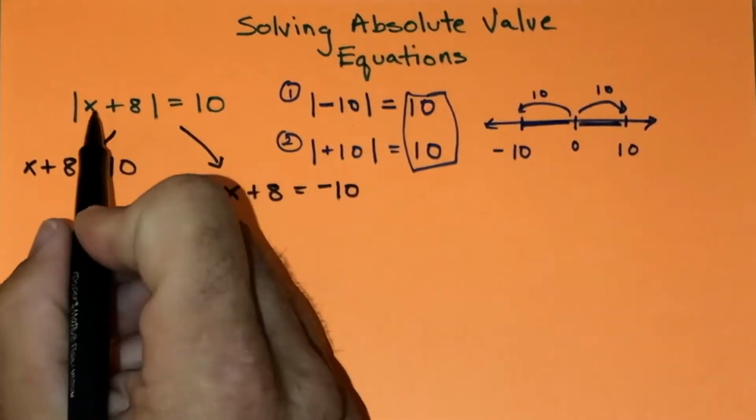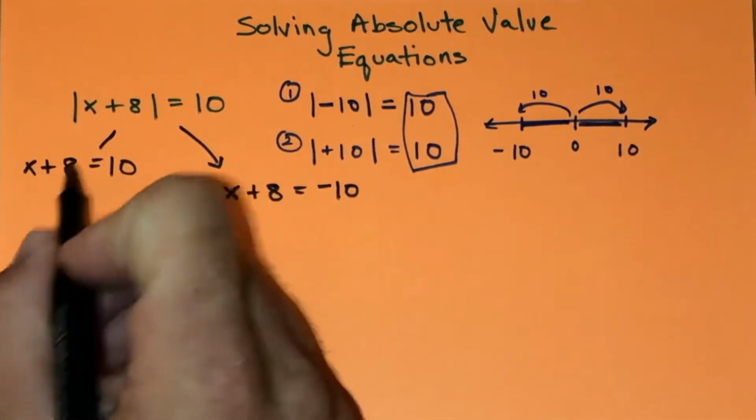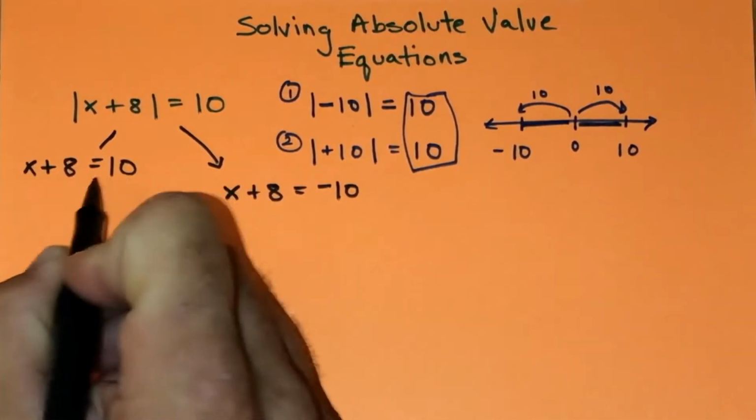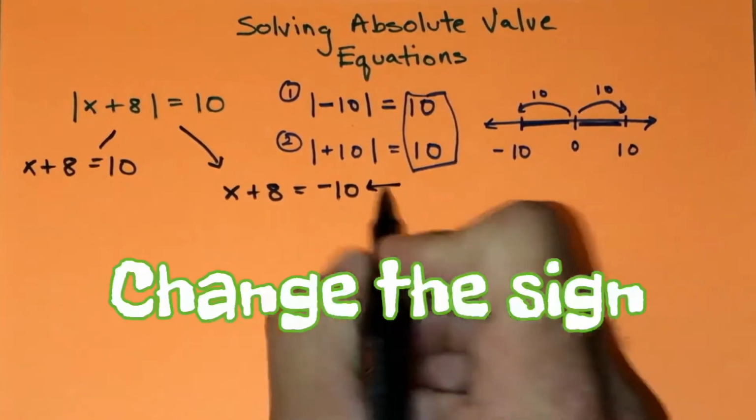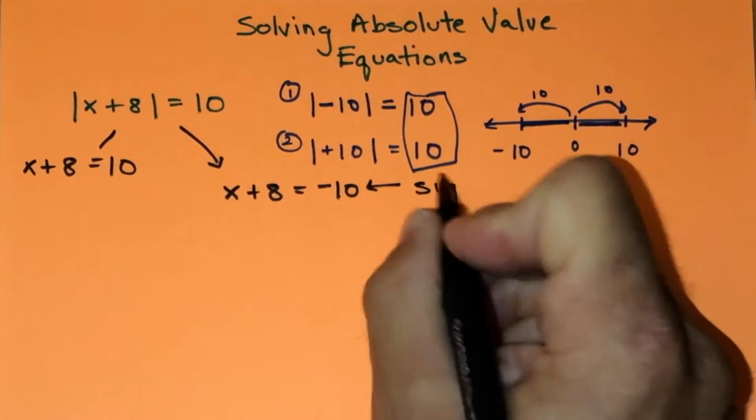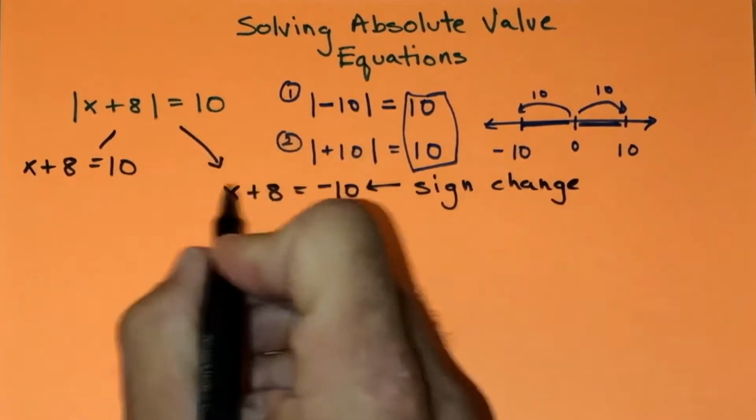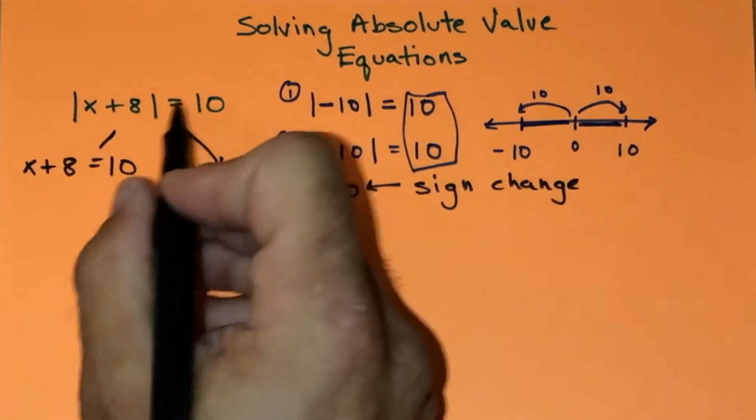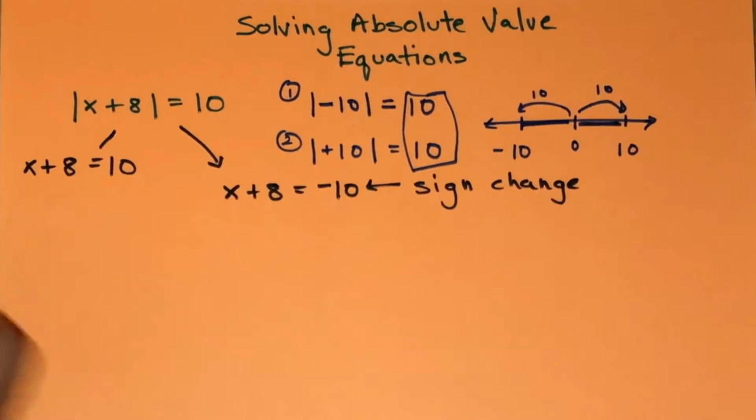So if you see, the original equation was the absolute value of x plus 8 equals 10. So I set up my first one, x plus 8 is equal to 10, no change. Here the change is made by the negative 10. The sign changes here. We change it from a positive 10 to a negative 10. If you had a negative 10 here, this would change to a positive 10. And then you would just solve each equation